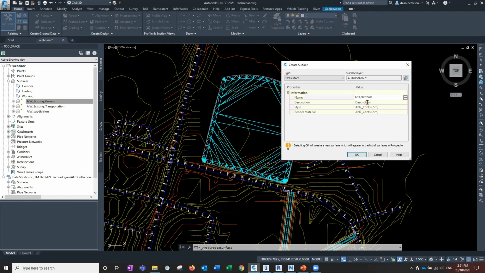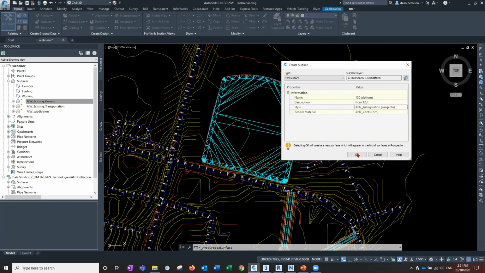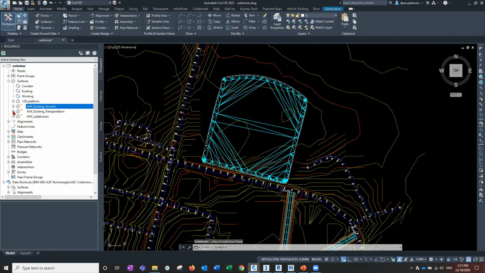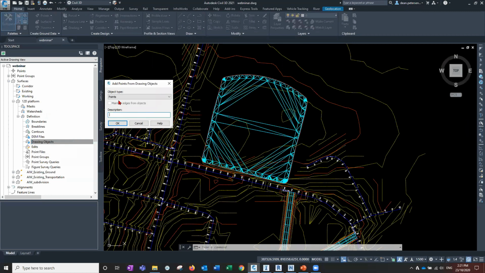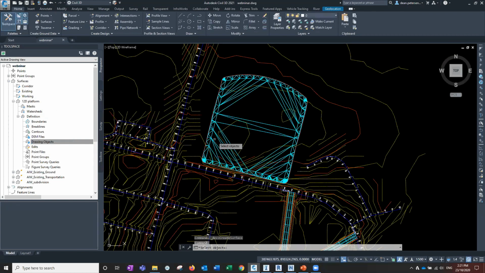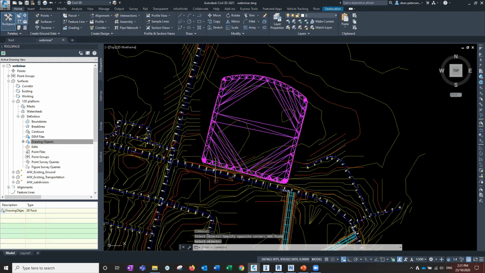From 12D. And we'll put it on a triangulated style, I think, which will be triangles magenta. And so we go and find it over in the tool space, and we add to it the triangles, the 3D faces, maintain the edges of the 3D faces, go OK, select all of those, go enter, and it creates them, creates it as a surface now, one object when I pick it, and we'll put a boundary on it